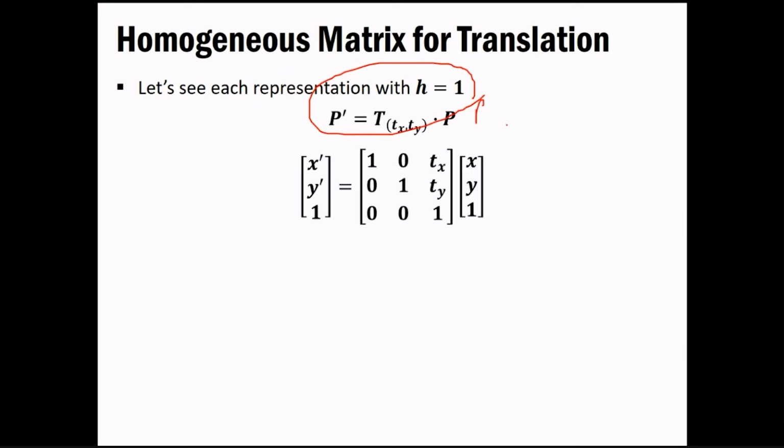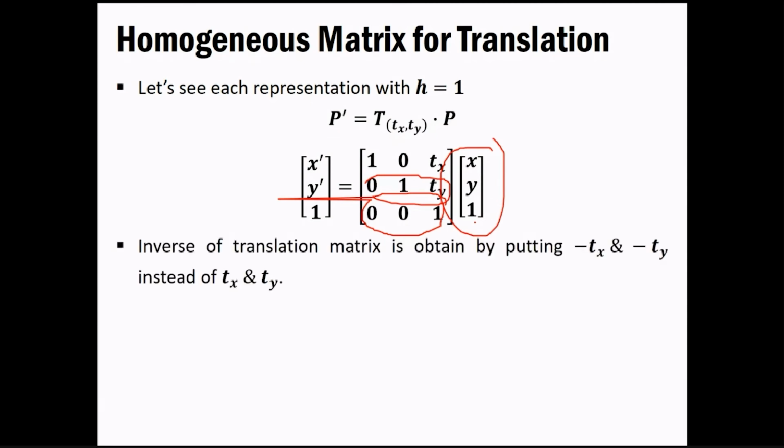Now putting it in this way, what you would be getting is this complete representation. If you convert this into the homogeneous coordinate form, you would be getting this: 1 0 tx, similarly 0 1 ty, similarly 0 0 1. Simply you have to put one coordinate in the third position, because now we are converting our 2 by 2 matrix into the 3 cross 3 matrix.